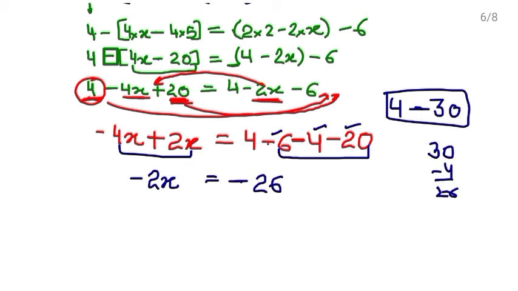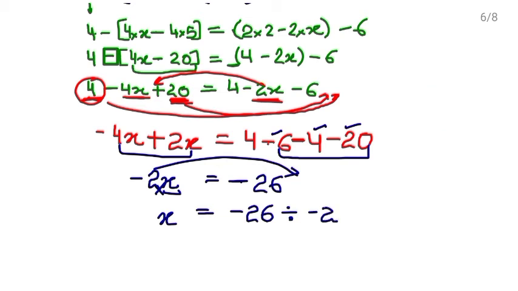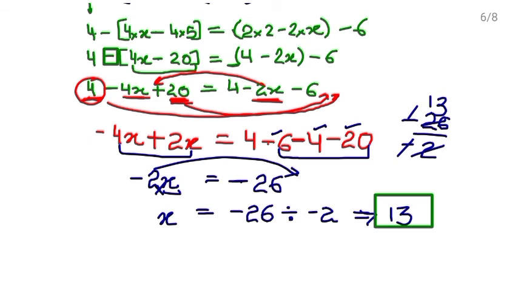Now this is minus 2x, meaning minus 2 multiply x, so leave the x alone. Minus 26. After moving to this side, this minus 2x which was in multiplication will be changed into division. Division में आ जाएगा, right? So divide 26 of minus sign by the minus 2. Minus 2 minus cancel out. 2 1s are 2, 2 3s are 6. So what you are getting? 13. This is the solution of the given equation.